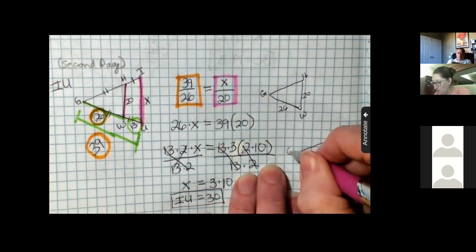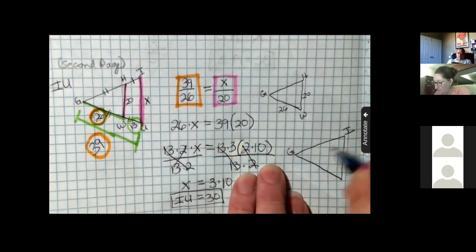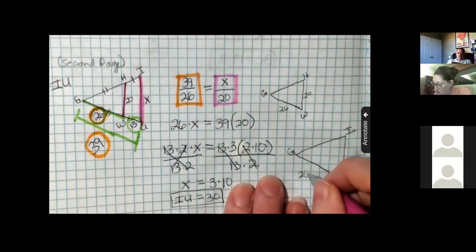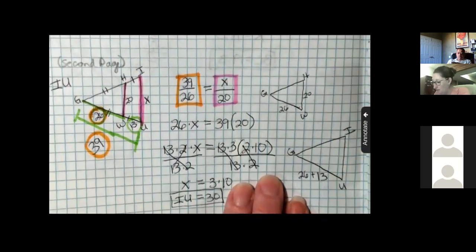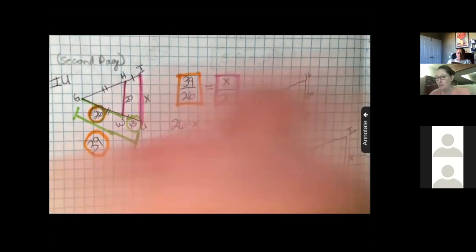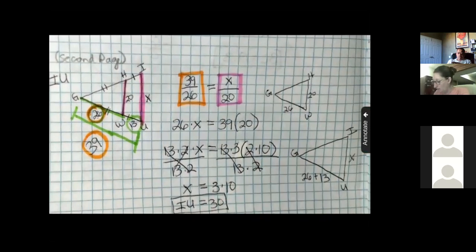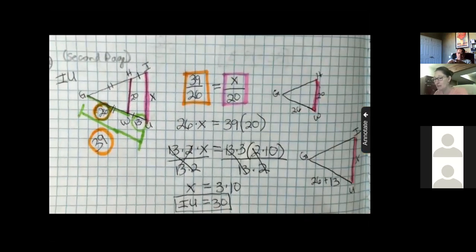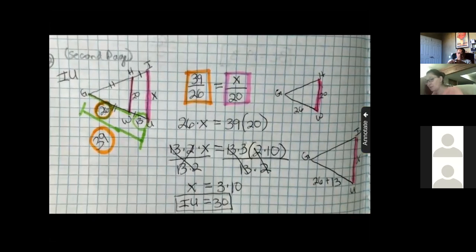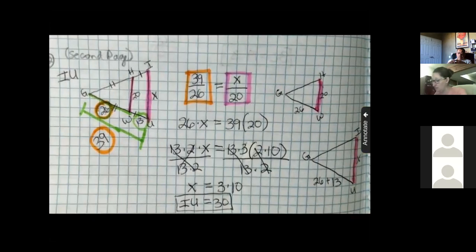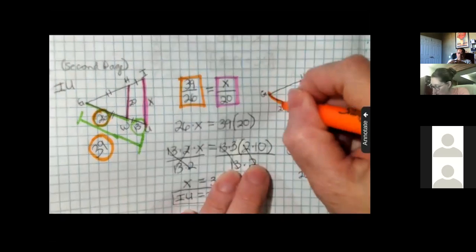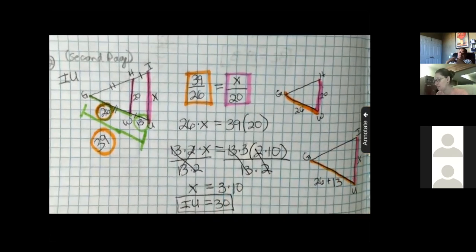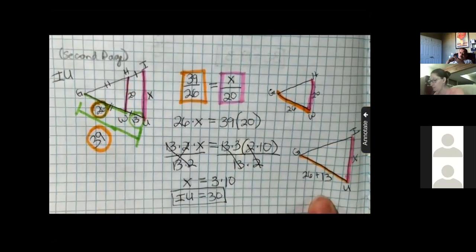This is GI and GU, but here I have to say 26 plus 13, and then this is X. And then I take my X is to 20 as, and you can do green or orange. I'm going to stick with orange because that's what I did. 26 is to 26 plus 13, which we know is 39. So if that helps you see that,